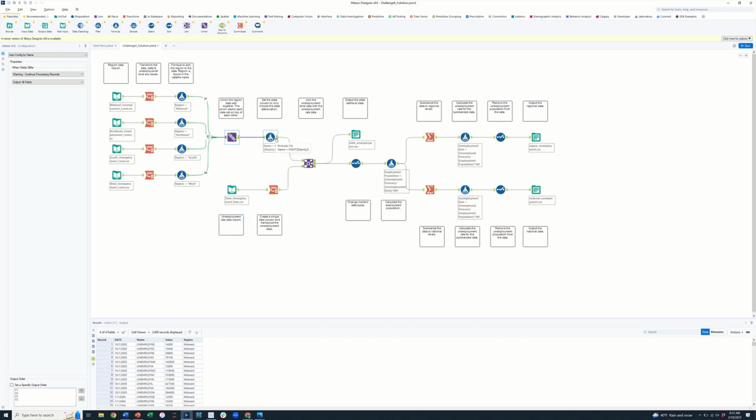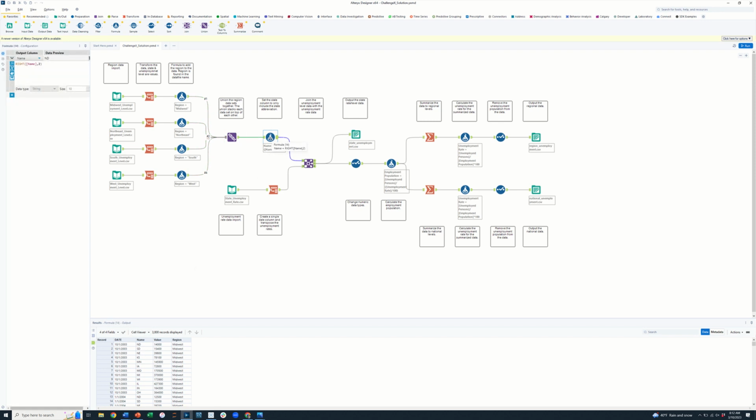And then next, I think it's about time that we throw a formula in, to pull the word unemployed out of the state. The way that I did this was just by using the right formula. We know that the state abbreviation is the last 2 letters of each one of these data fields, and so we can just take the right 2 characters from this field. All right, and now let's drop down. So we've cleaned